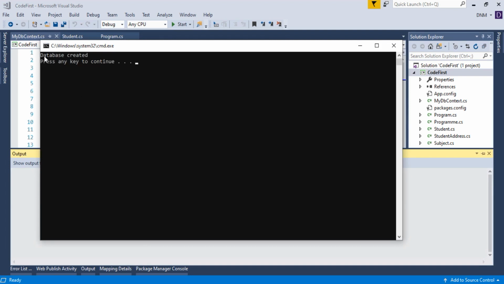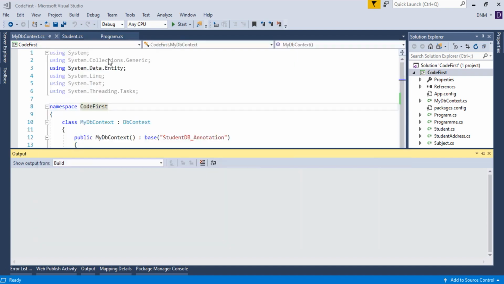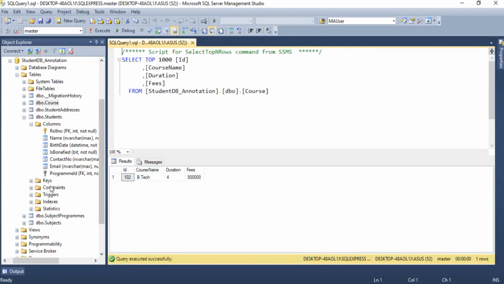Now you can see the output that the database is created. So changes are also merged or migrated to our database. Let us see the SQL Server output. As you can see here, the email column got added, and even the changed record, where we changed the ID to 102, got added. Our old data is lost, meaning our old record had ID 101 and this record has ID 102. That means the old data is lost and a totally new database is created, right? So I hope you understand this.